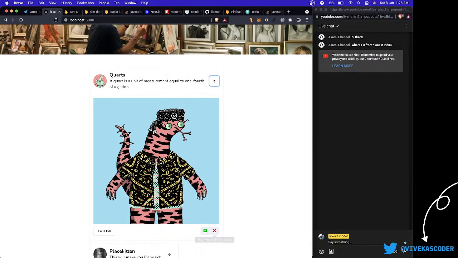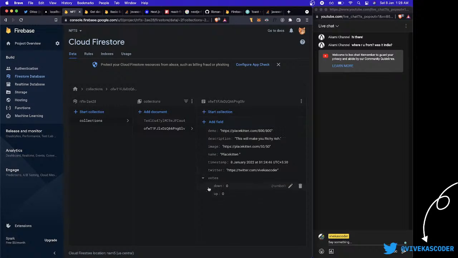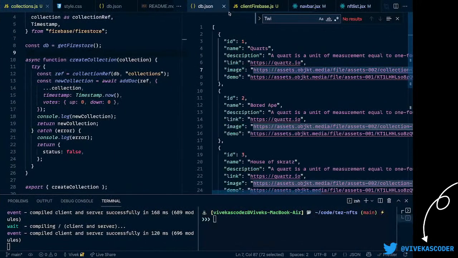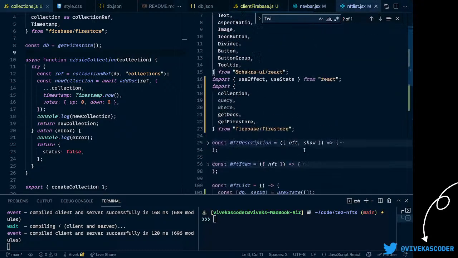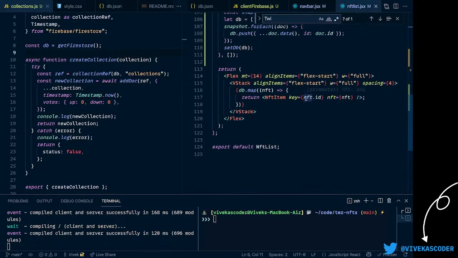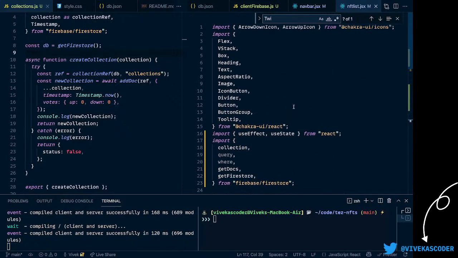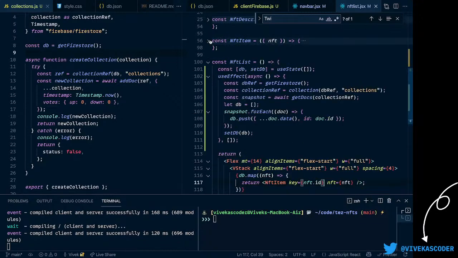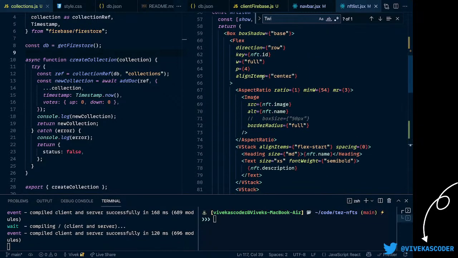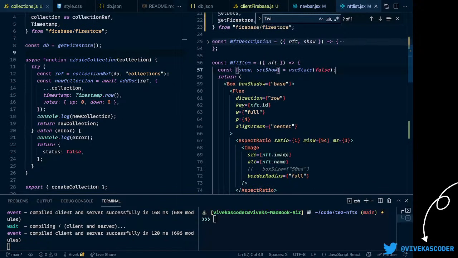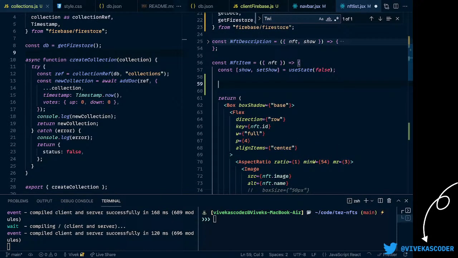Now we want to be able to upvote or downvote these. So let's do it. We'll go to NFT list, nft.id, it's what this is. Whenever you click on the upvote and downvote button, NFT item, so upvote, I should just do vote